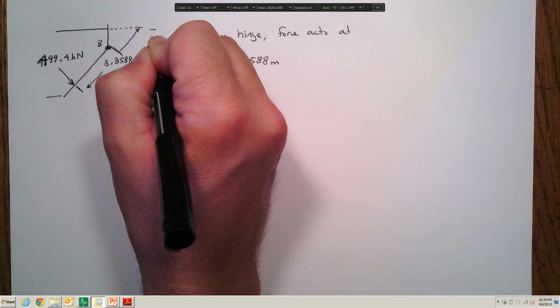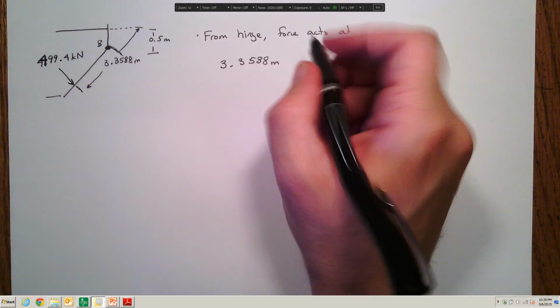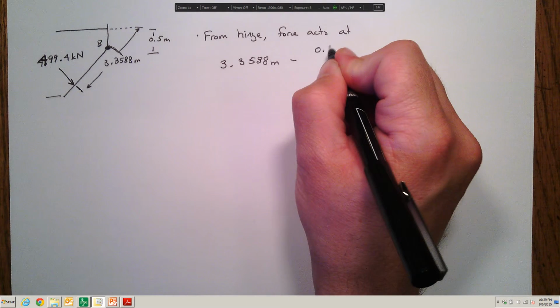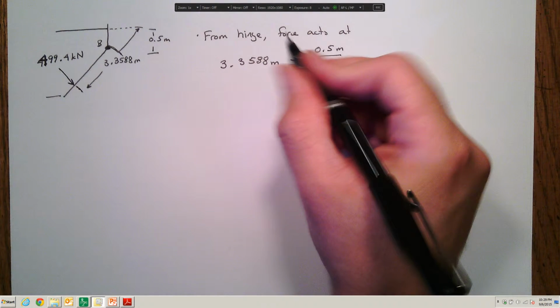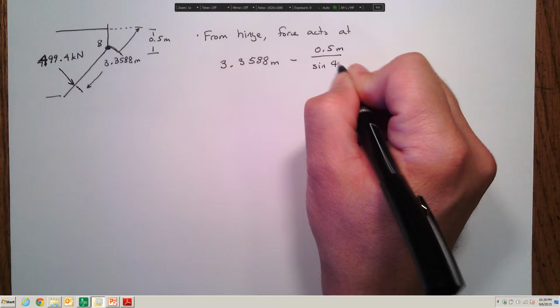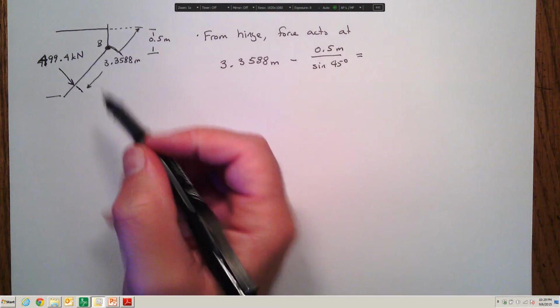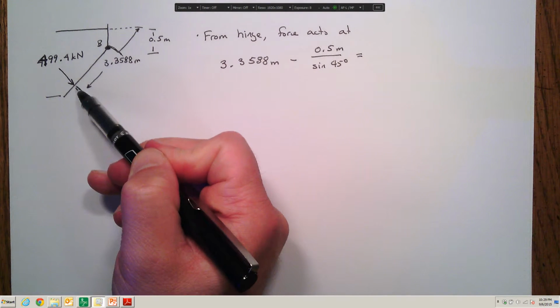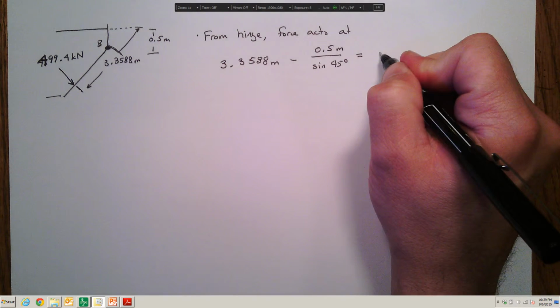We can use some geometry again to subtract that out. We take 0.5 meters divided by the sine of 45 degrees and subtract that out to get how far down from the hinge along this gate the force acts,